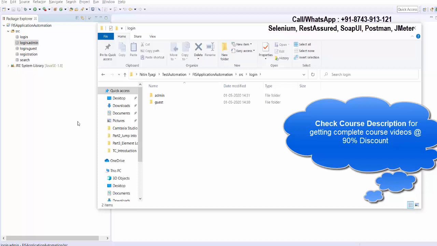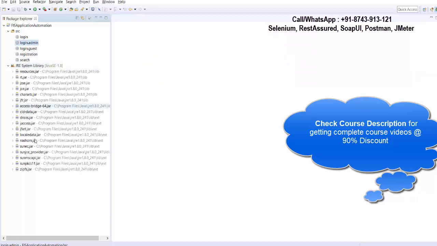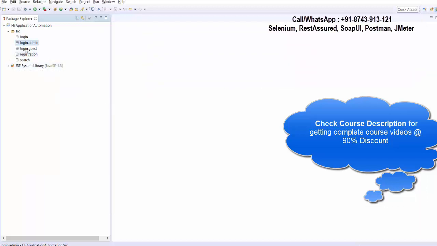So at this point of time, if I ask, what is a project? A project is a container of the source files. Source files means all the coding files, plus other files which are required to execute the project. So we can have coding files and many other files. Collectively, we call it a Java project. So a Java project is just a container. If I ask you, what is a package? We can call it a collection of subpackages and source files.